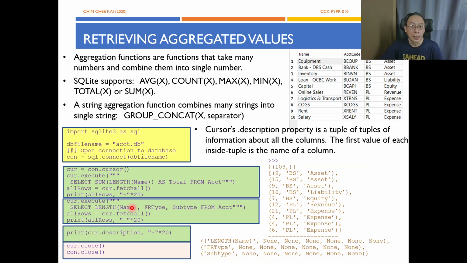what is actually the eventual column name that's being returned to us is actually length of bracket name. Now that may or may not be surprising to you because sometimes we may not get back the same name because there are aliases and various other commands or side effects. And also, at times we might be performing very complicated selects, and in the end, we are not very sure what is being returned. So this would give us a programmatic way to confirm and access the column name of